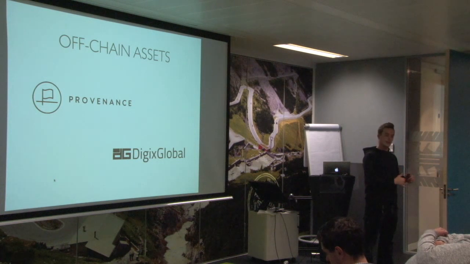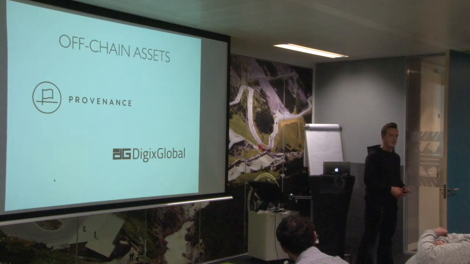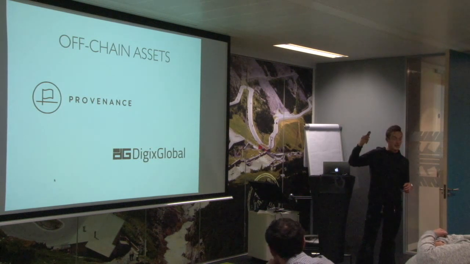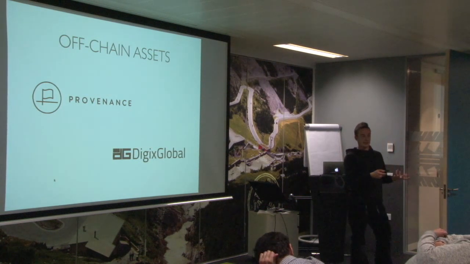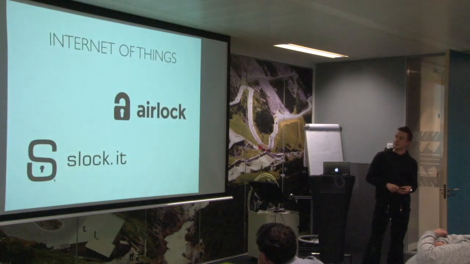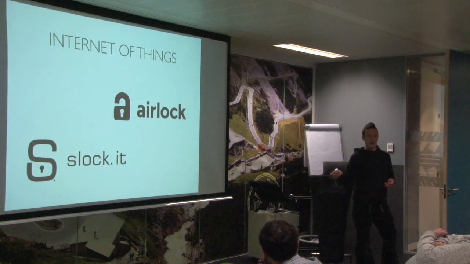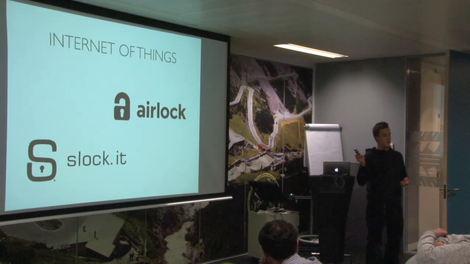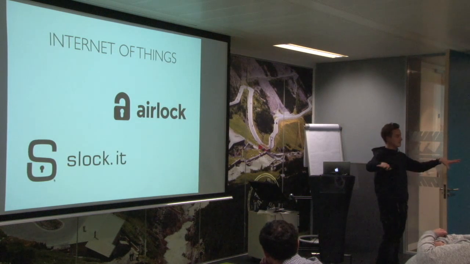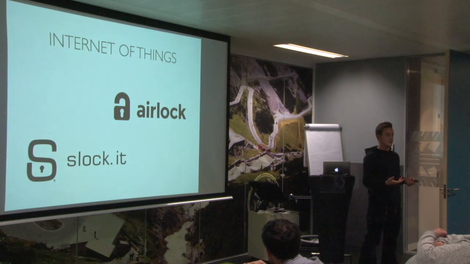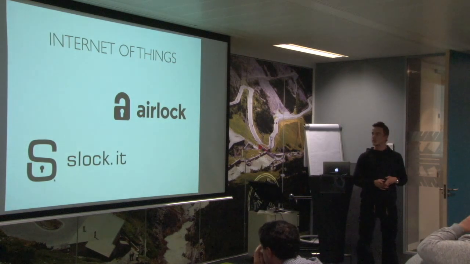list of all the things that are in your product, where they come from. Again, no company can go back and change it when they don't like where it comes from or pretend that it comes from somewhere else. So ultimately, the idea of having off-chain assets tracked on a blockchain, that's a use case that's been proven. Internet of Things, blockchains might play quite a big role in this, because ultimately you have lots and lots of devices that have to interact with each other, and decentralized infrastructure makes sense for this kind of stuff.